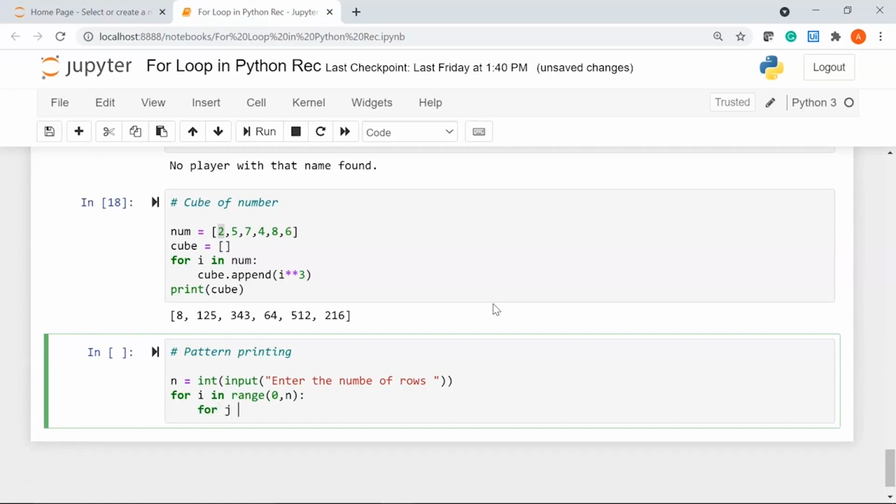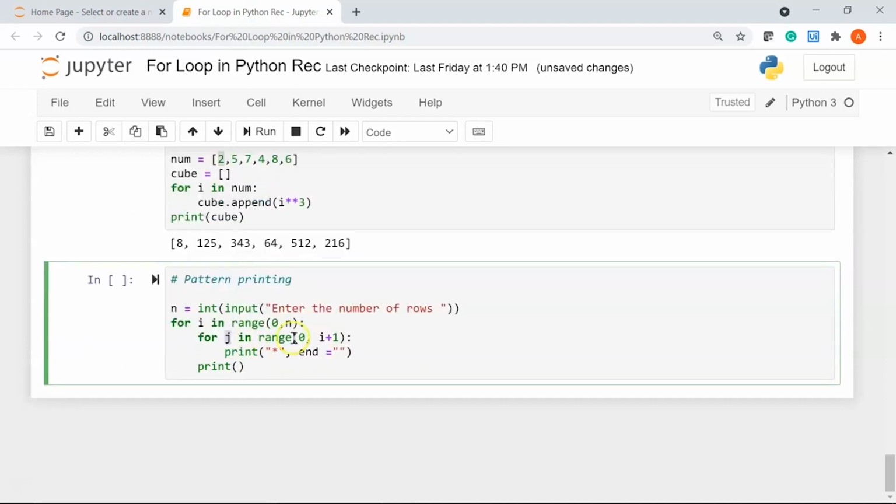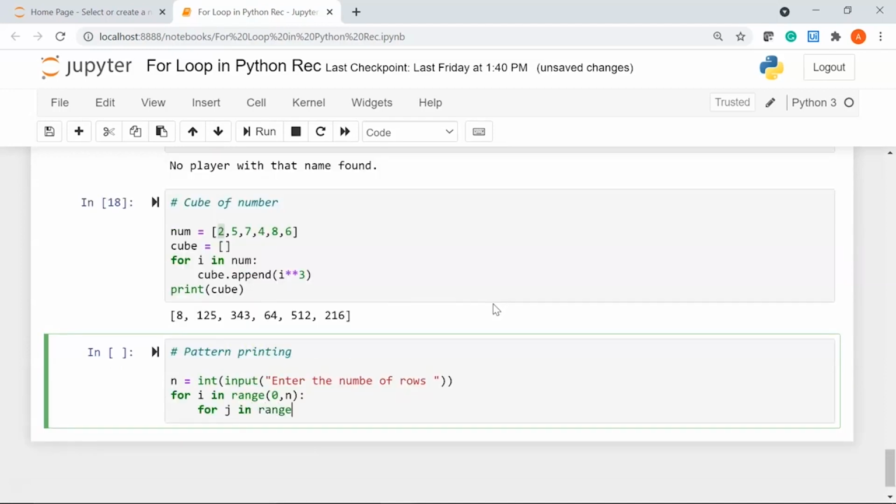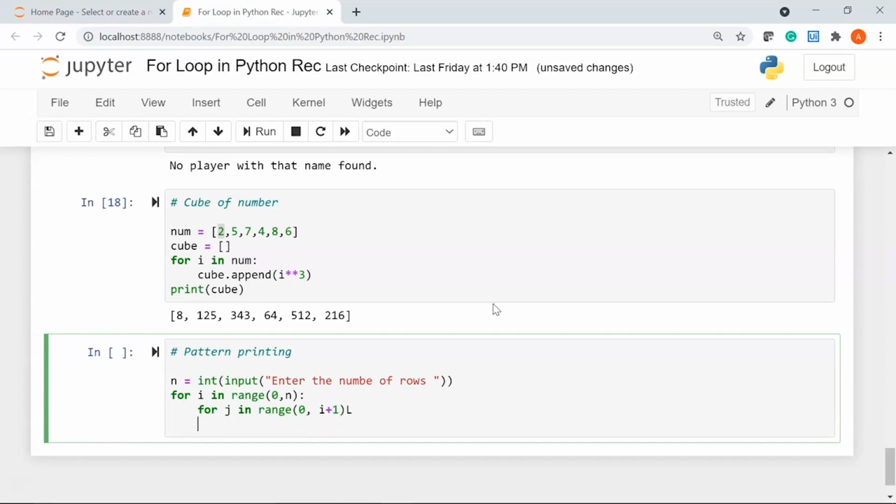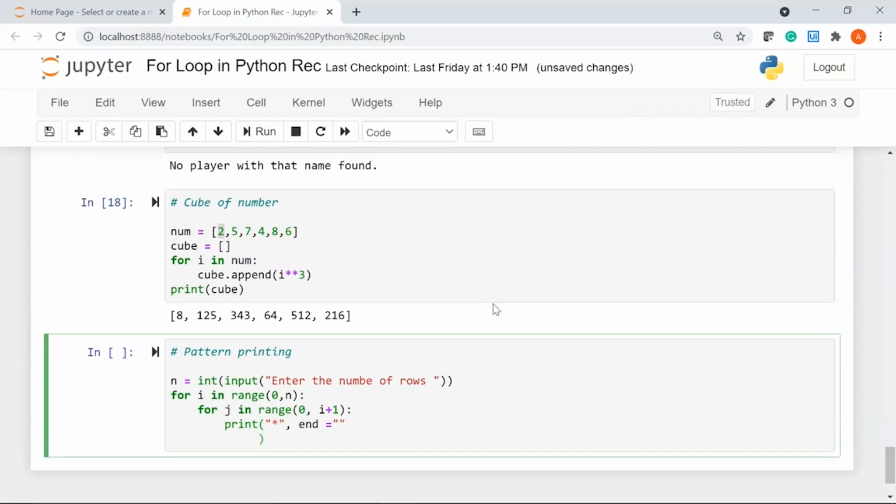This is going to be the number of columns, so I'll say for j in range 0 comma i plus 1, give a colon, and I'll print my star pattern, so I'm using asterisks, and I'll use my end parameter. I'll have my double quotations and then we'll say print the pattern.